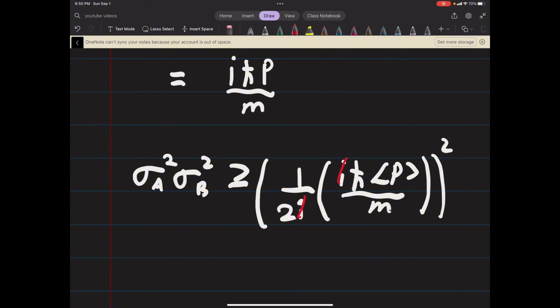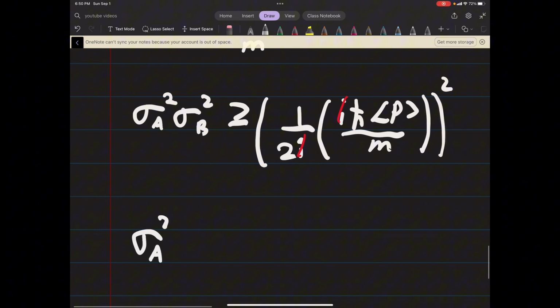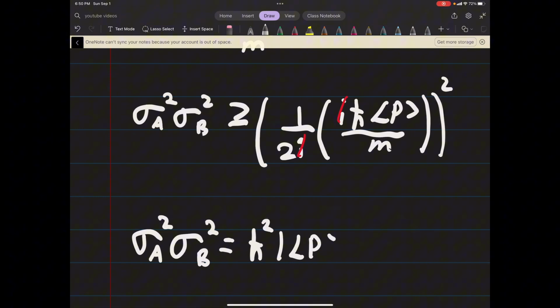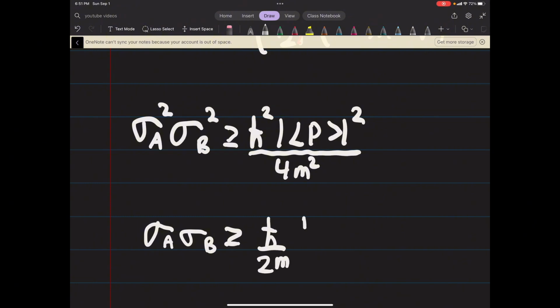Obviously the i can drop, and you'll get sigma A squared sigma B squared is greater than or equal to h bar squared p operator squared all over 4m squared. This should have been an inequality, my bad. Then just taking the square root of both sides, you get your uncertainty of h bar over 2m,